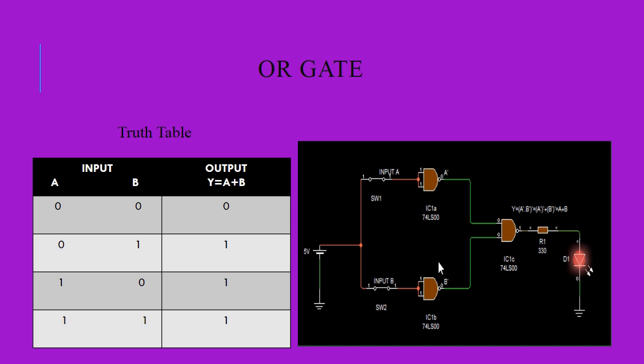Okay. So that's why we call the NAND gate a universal gate. In the previous slide we saw that the NAND gate helps us to design a NOT gate circuit and an AND gate circuit. In this slide we saw that by using the NAND gate we can easily design an OR gate circuit. So basic gate implementation is done by using the NAND gate. So that's why the NAND gate is called a universal gate. So here we end today's session.